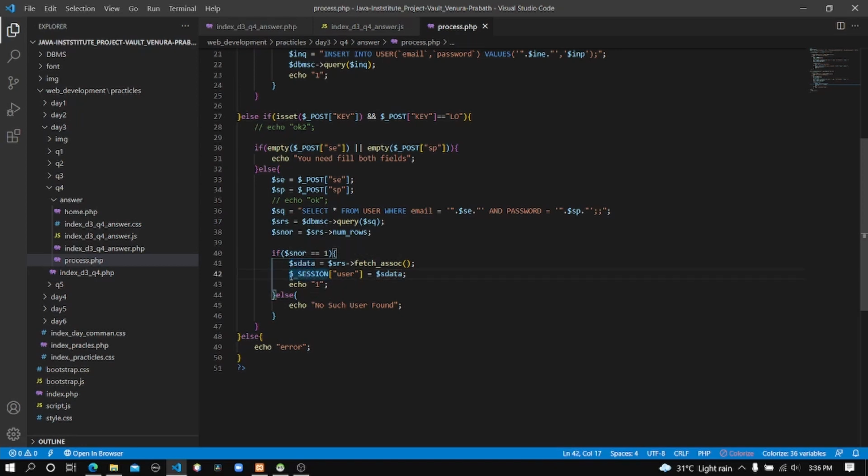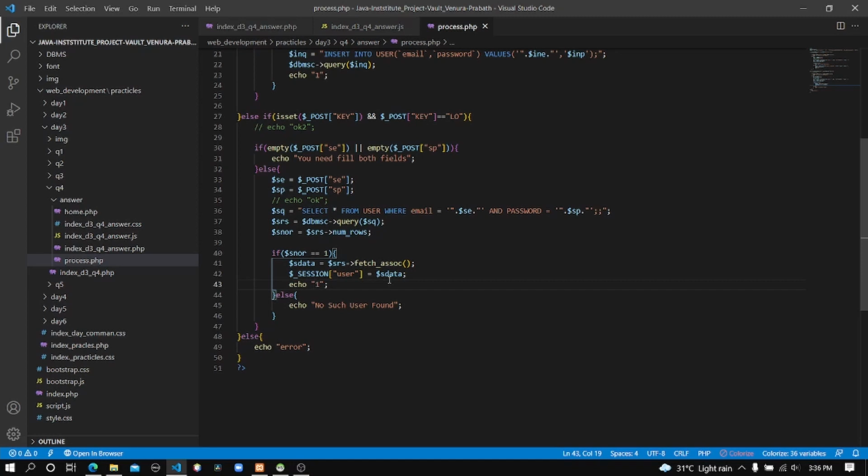Okay, you can see this is the second line here: $_SESSION["user"] = sdata. That means I access the session variable and I created a new session entry, which is another associative array.